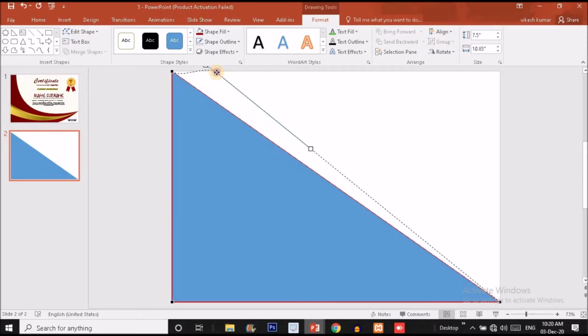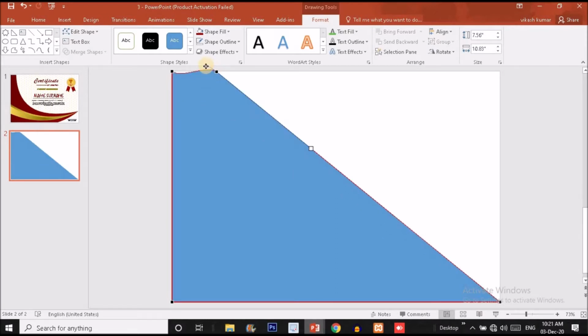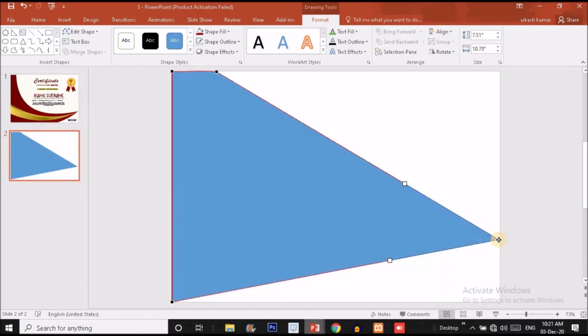You just have to create a point over here. So drag a point and put it over here like this. Now drag this point over here and drag this handle something here. Okay, now drag this point over here something here, and again you have to create one more point. To do that you have to put the cursor over the line and drag it like this. Put it over here like this.